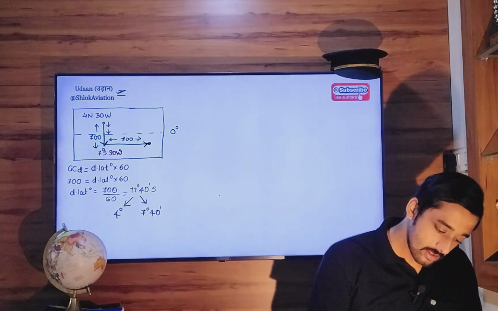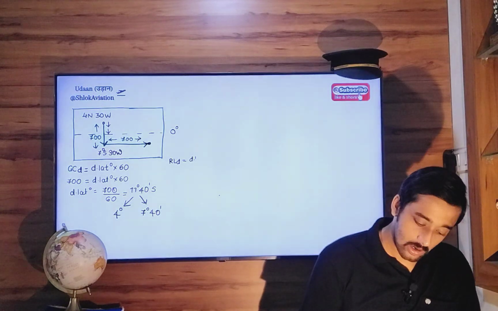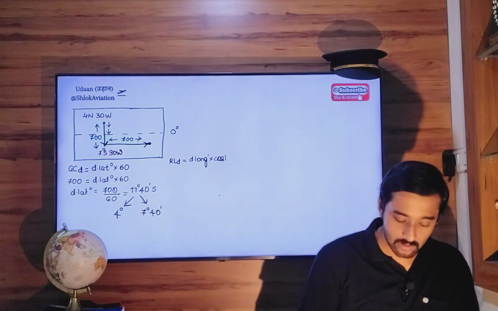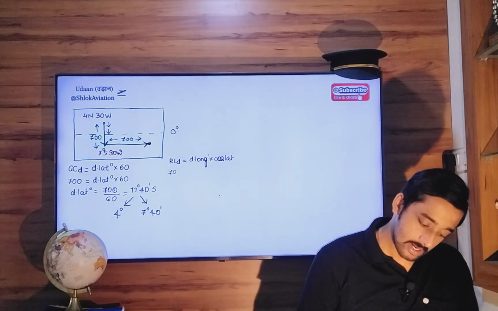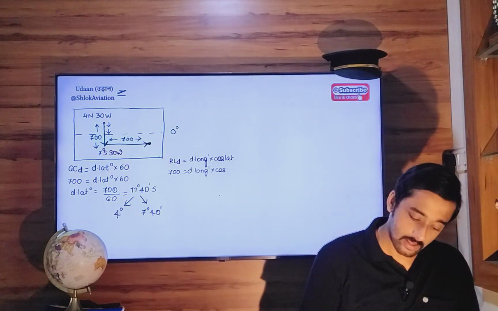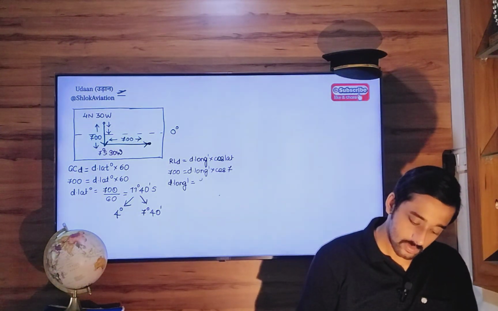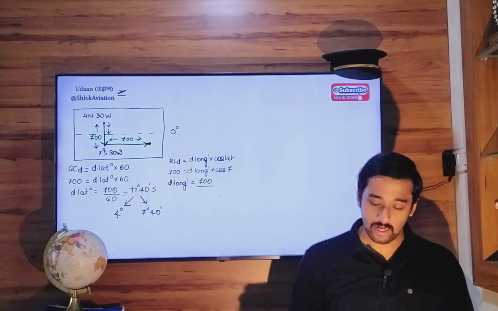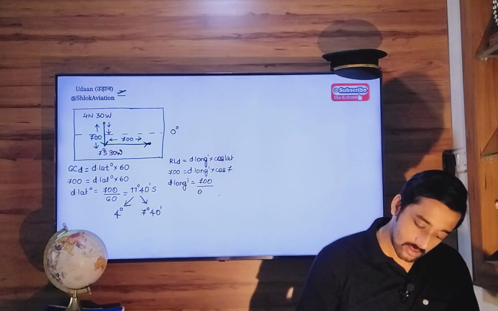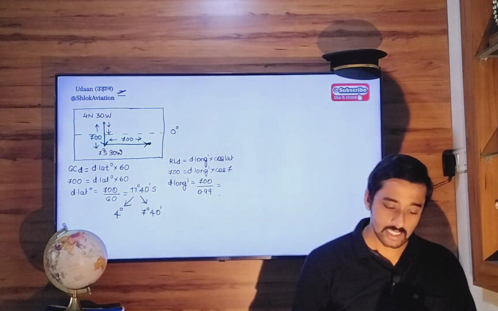So that will be, I am writing here, Rhumb distance equals to d long in minutes into cos of latitude. So 700 equals to d long in minutes into cos of 7. So d long in minutes equals to 700 divided by cos 7. Cos 7 is 0.99. So 700 divided by cos 7 is 705